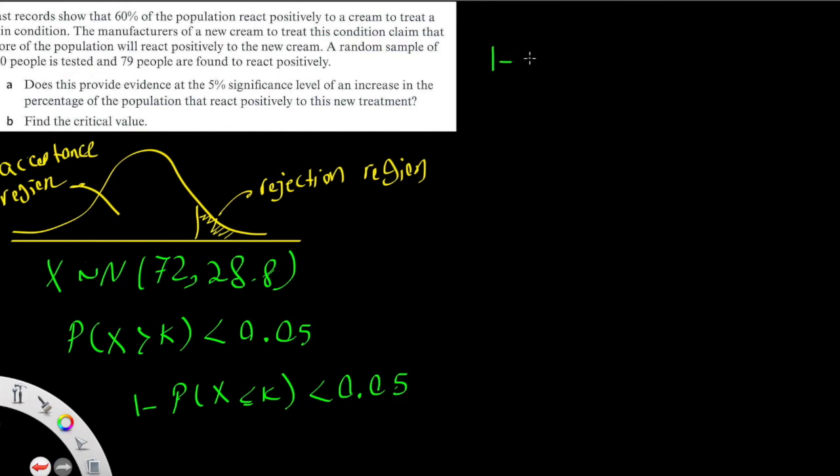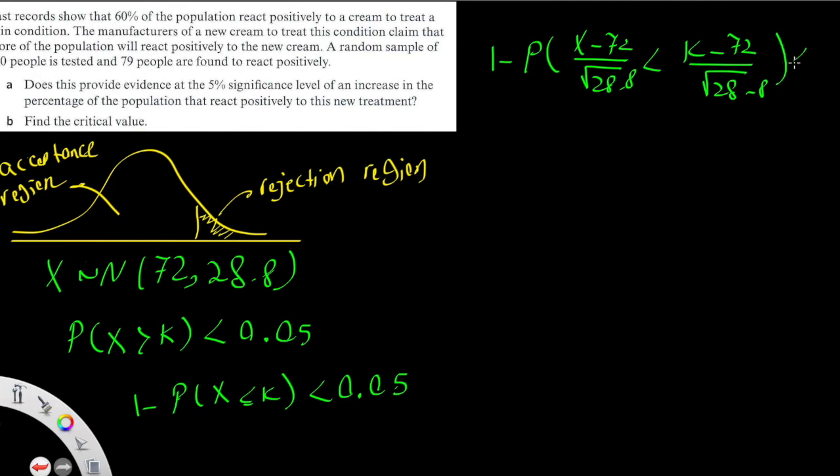So 1 minus probability of X minus 72 over radical 28.8 less than K minus 72 over radical 28.8 must be less than 0.05. Transfer to the other side, and then it will be 1 minus phi of K minus 72 over radical 28.8 is less than